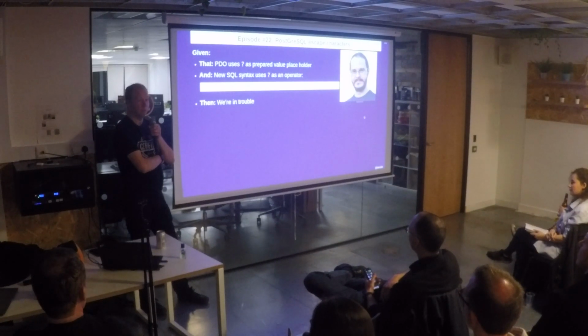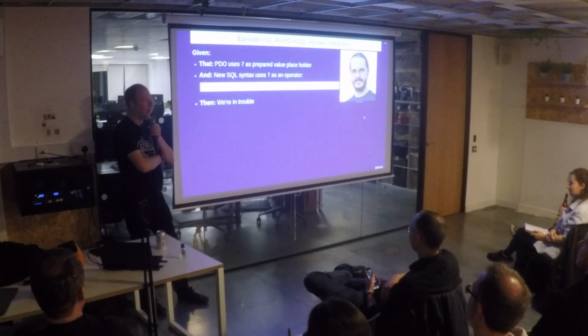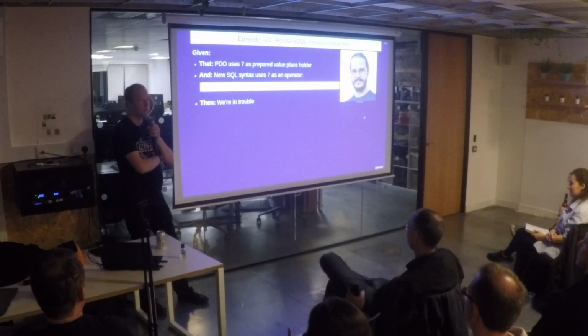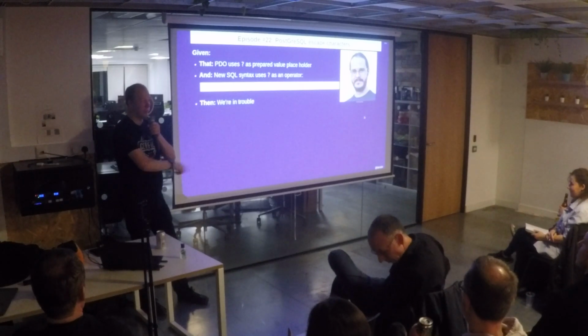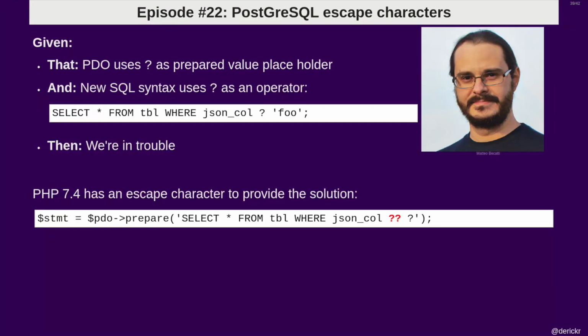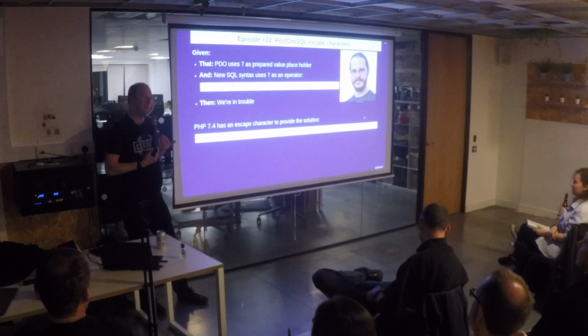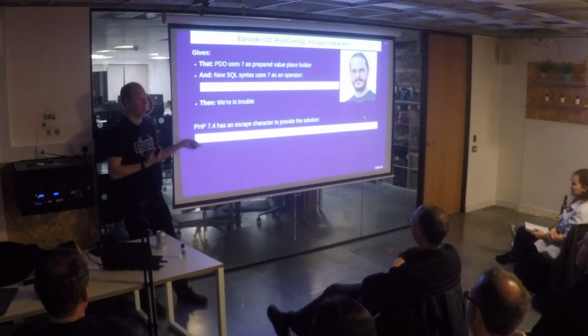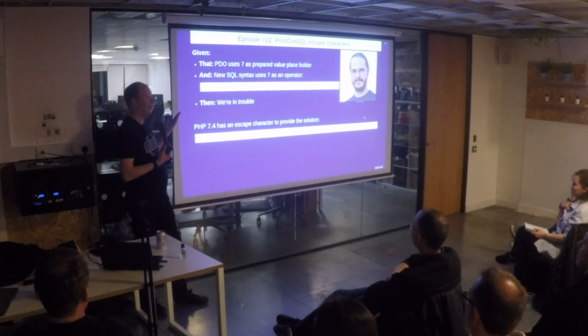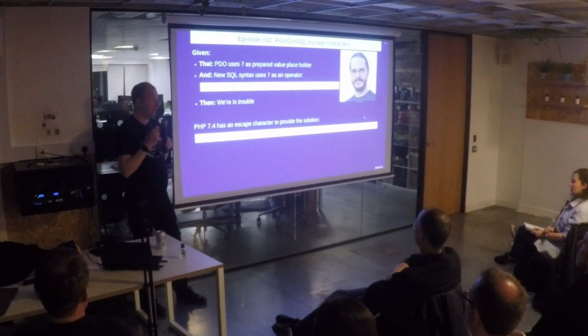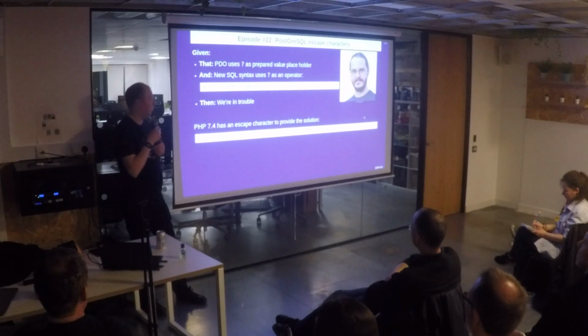So how do you solve this? Anyone shout out? You escape it, right? How would you escape the question mark? A slash, I hear? No, actually you do that by duplicating the character. Now that looks a bit weird. It turns into a double question mark, which is not what you'd expect for PHP escaping, but this is how SQL does escaping. It is a very common pattern in there. So now you can use your fancy JSON data operators with PDO, but you have used a question mark to escape your question mark operator, which I think is kind of neat.